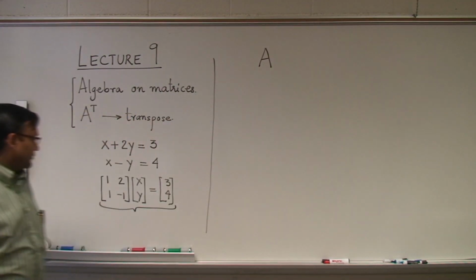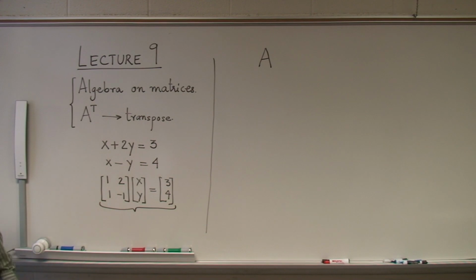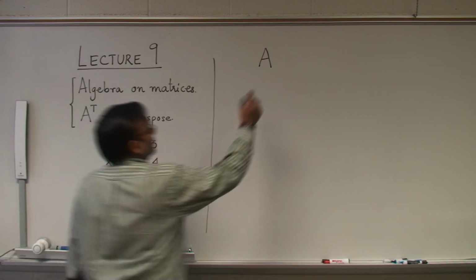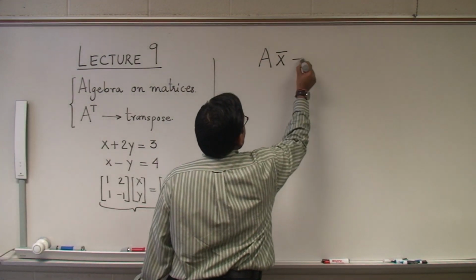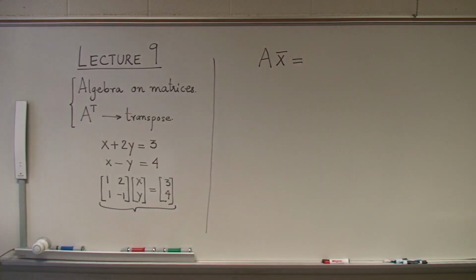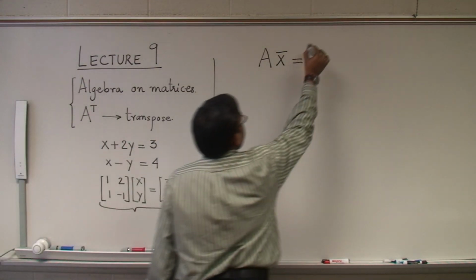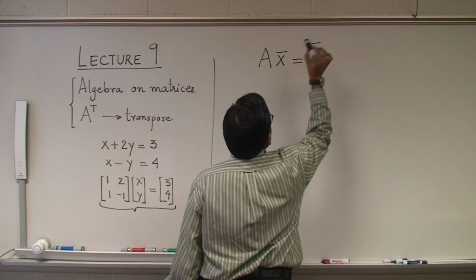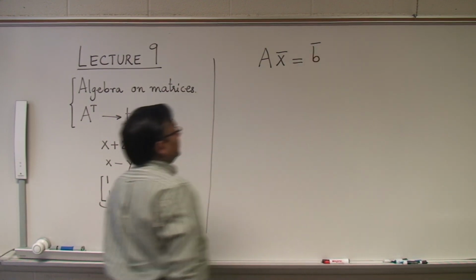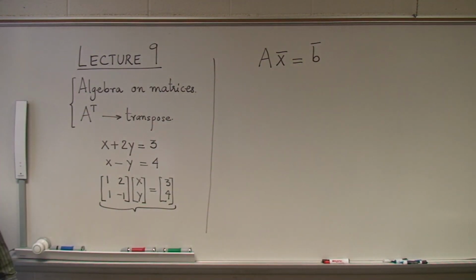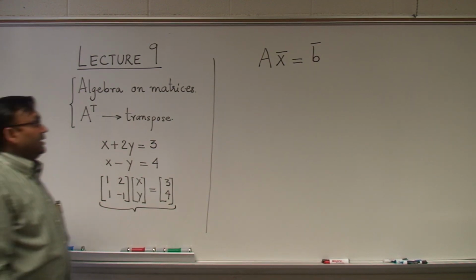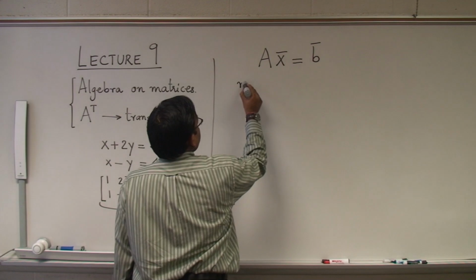We have been calling it the coefficient matrix, so nothing new. The vector (x, y), we will denote by the vector x, and the right hand side vector generally we denote by b. So any system of equations can be written in the form Ax = b, and this should remind us